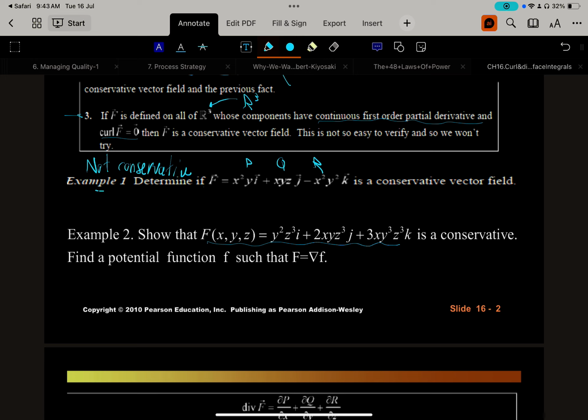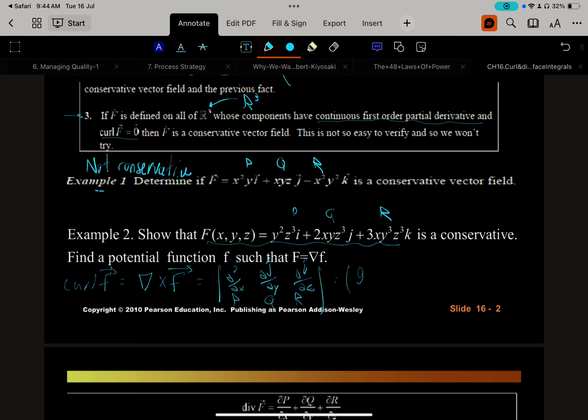And so let's do curl of F, the gradient crossed by F. It's gonna be i j k, and then d over dx, d over dy, d over dz, and then P Q R. And for the i it's just R_y minus, okay, so let's do it directly. So first we have R_y,